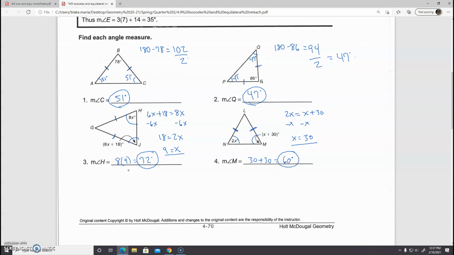Now, you might not see it right away, but look here, 2 times 30 is 60. So we have 60, 60, that one's going to be 60 as well to make 180. So even though this is marked as isosceles, if you actually found all those angles, you would find out that it was equilateral. All the sides are equal and all the angles are equal. Which brings us to our next part,